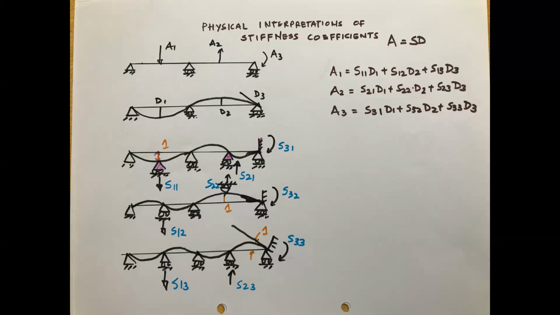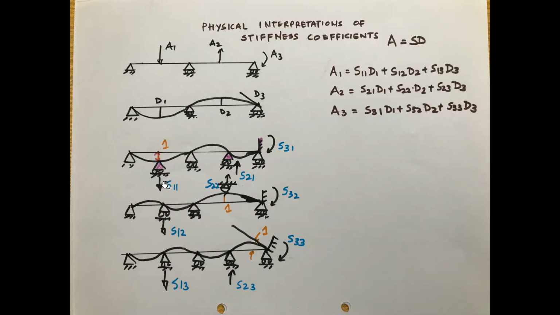Subscript 1 says where I want to calculate the force, where I am interested in finding the force because of unit displacement occurred at joint 1 or location 1. So I am naming it S11, and because it is a force, you can see here the roller support, which I have artificially introduced, which is not there in the original beam. But please understand why we are doing all this process. This force is not there in the original beam.